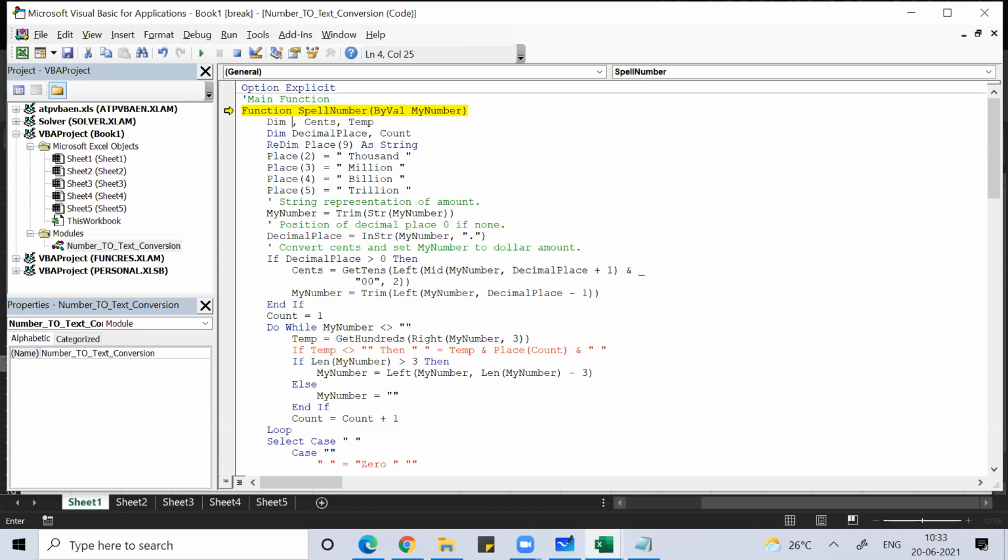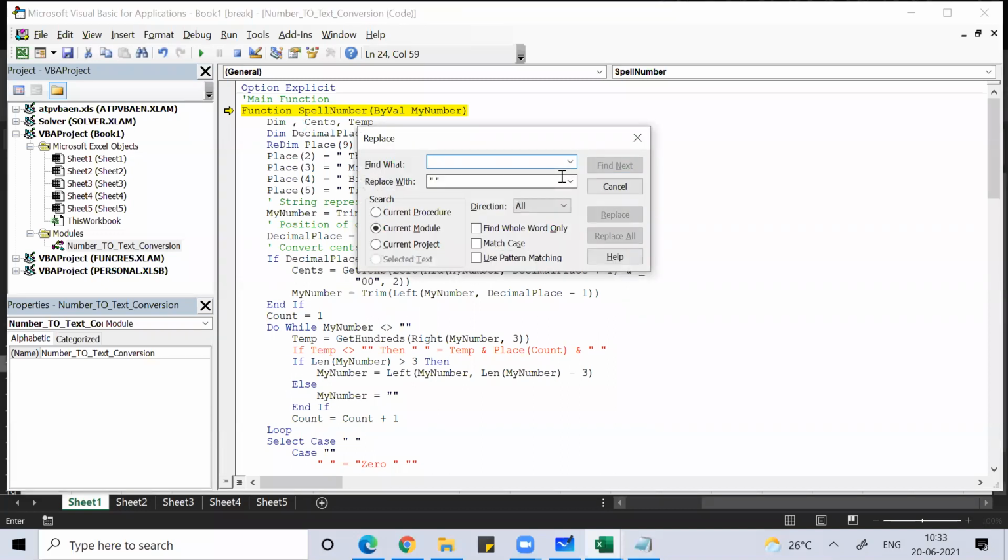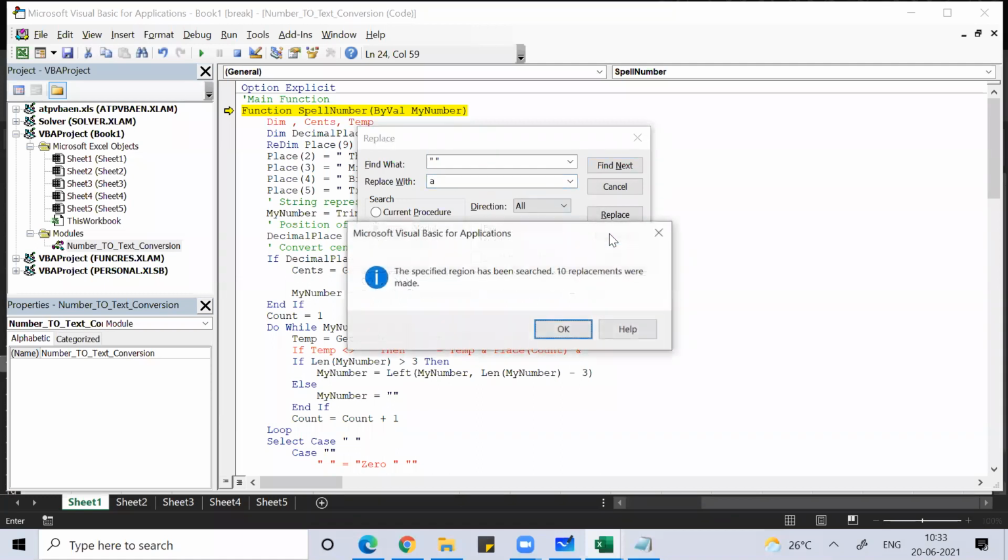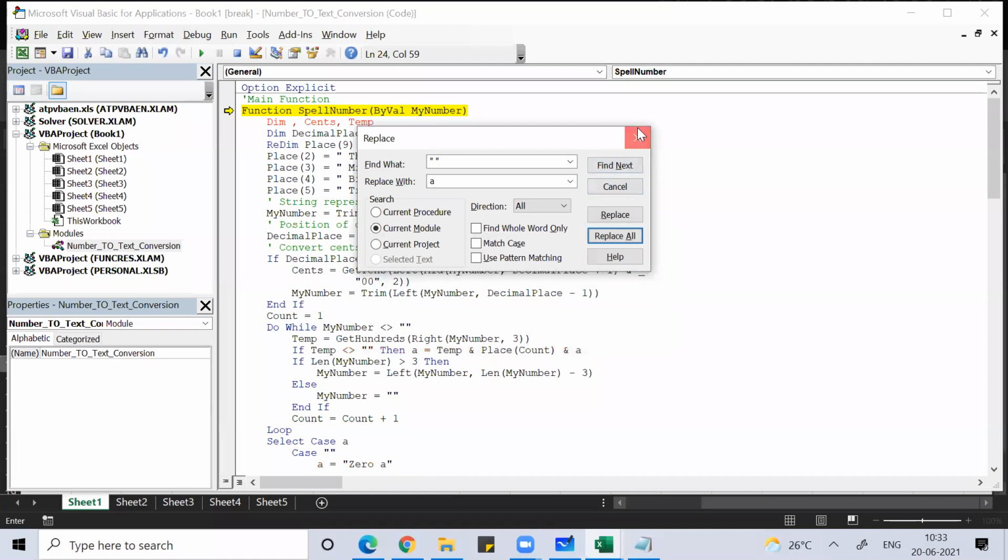So whatever you are getting, I have to use variable. If I use a variable a, for example, if I run this syntax function spell by number, so control Z. So I'll just go to control H and here find what shift double quote. Wherever I wrote that, just replace with A. Okay.